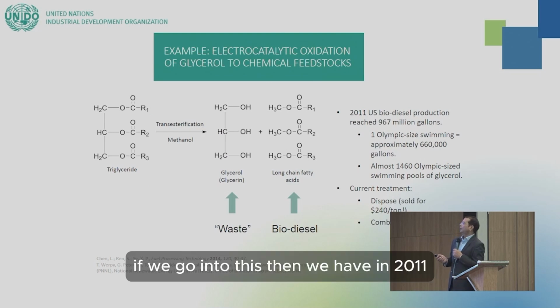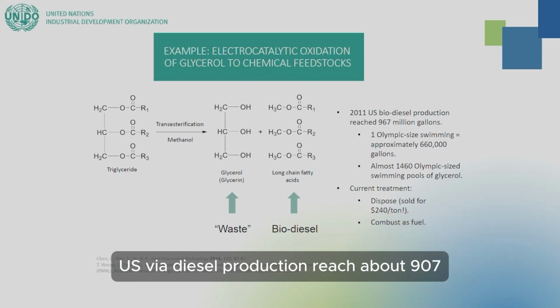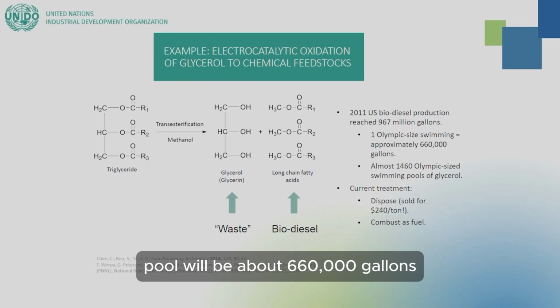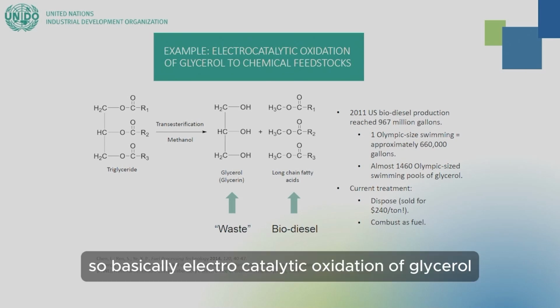If we go into this, then in 2011, US biodiesel production reached about 967 million gallons. One Olympic-sized swimming pool will be about 660,000 gallons. So you can imagine the quantum. And then the current treatment is to dispose of it or combust it as fuel. So basically,